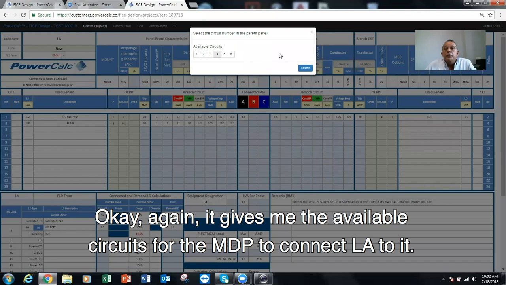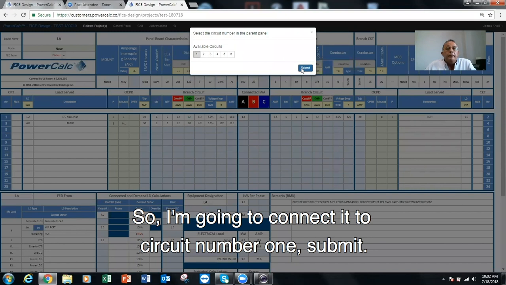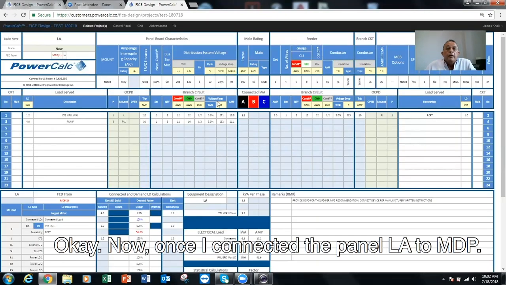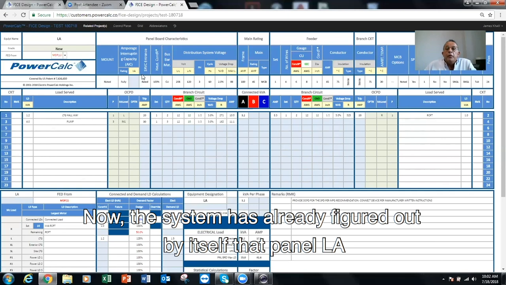Again, it gives me the available circuits for the MDP to connect that particular panel to. So I'm going to connect to circuit number 1, submit. Now once I connected the panel LA to MDP, the system has already figured out by itself that